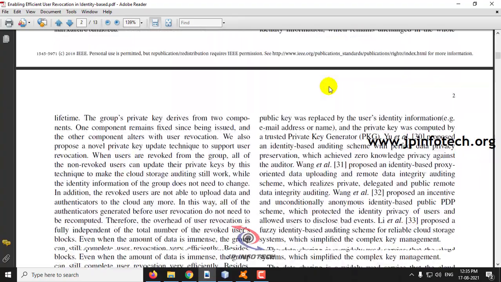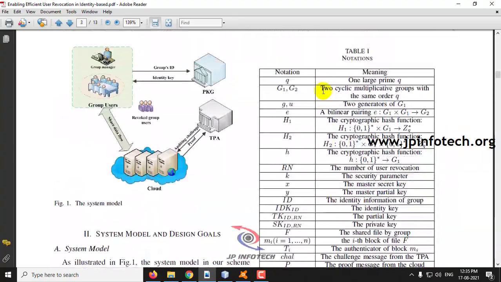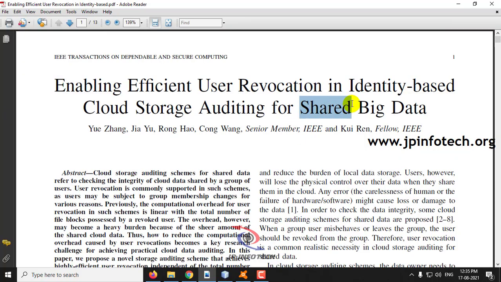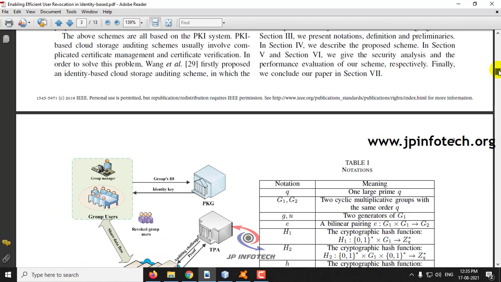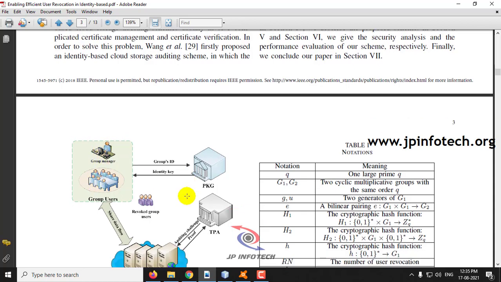Now let us see the architecture so you can get a clear idea about it. Here you can see the cloud system, where you can see group users and a group manager, because here you can see a word called shared. Shared means it is not for a single user, it is for a group of people. There will be a group of users and a manager who will be controlling those users, and also